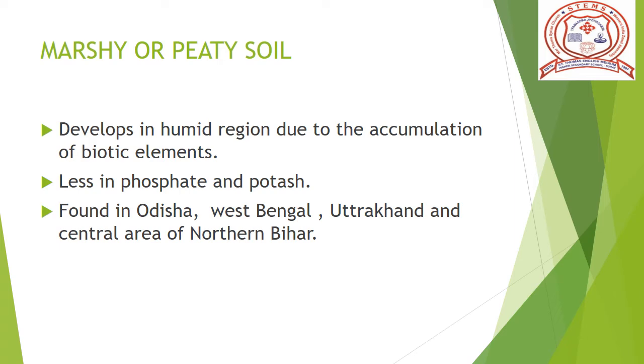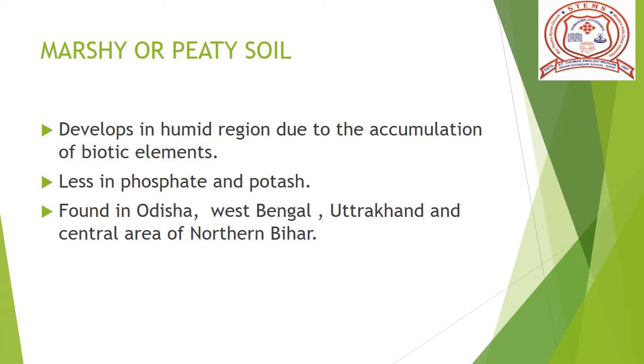Next is marshy soil. This type of soil develops in humid regions due to the accumulation of biotic elements. During rainy season, this land is submerged under water, and when the water recedes, paddy can be grown in it. In this soil, there are more biotic elements and minerals, but less phosphate and potash. This soil is found in Orissa, West Bengal, coastal Tamil Nadu, central area of northern Bihar, and in the Almora